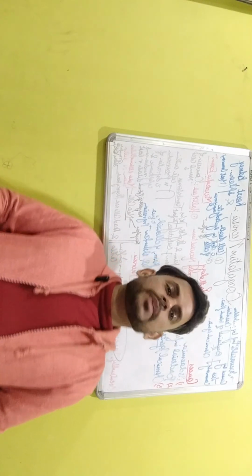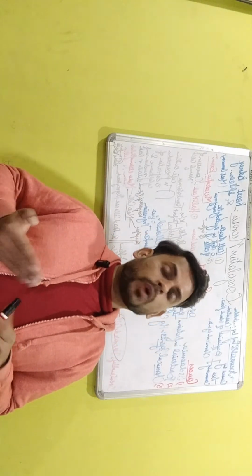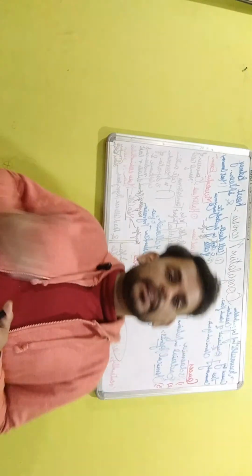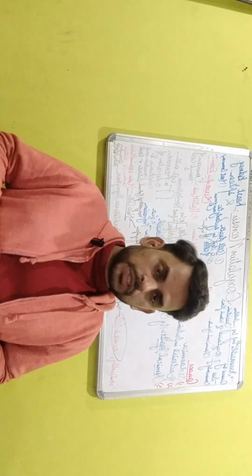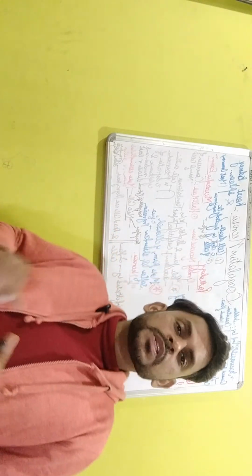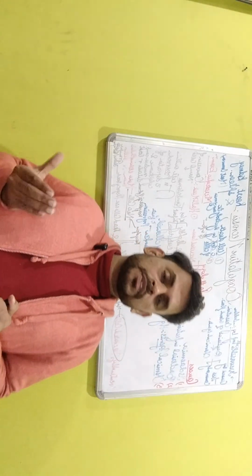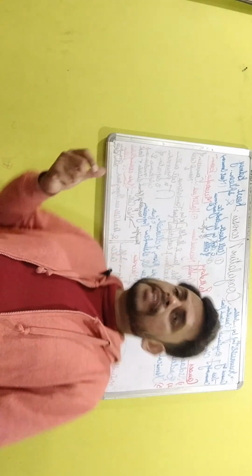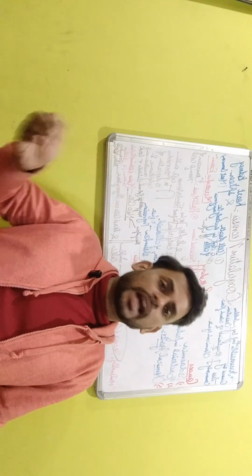So today's video we'll be discussing a very important short note or long answer question, that is about necrosis, and in necrosis we'll be discussing coagulative necrosis. So students and viewers, the word necrosis is a term used to define that there is cell death occurring, and whenever in a particular tissue certain cells are dying, so